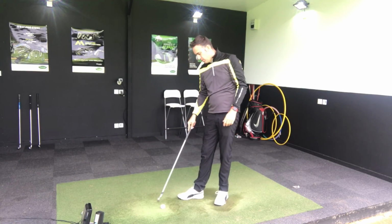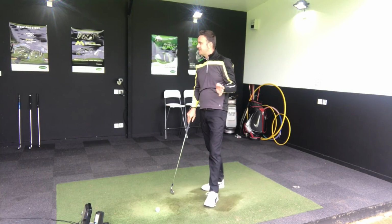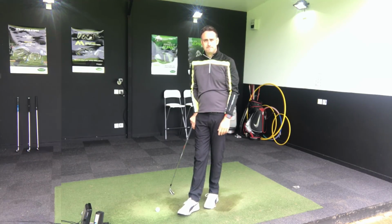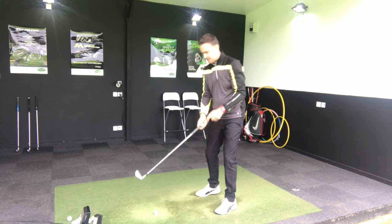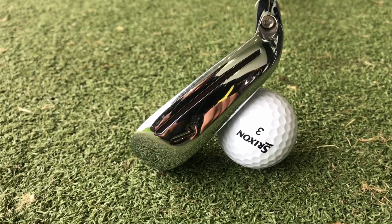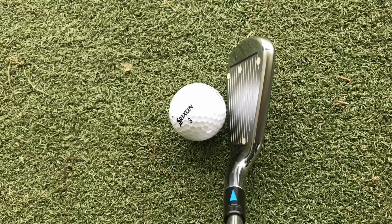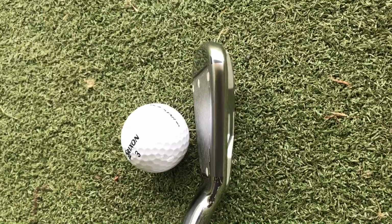We know through the review I've done of the CGB, we'll get some fast ball speeds, but I'll be really interested to see these two together here. So let's get the CGB in our hands, we'll hit some shots with that, and we'll look at some numbers in a bit more detail. So, CGB in our hands now, and the first thing I see differently is that top edge is thicker, a bit more offset, a very chunky look,